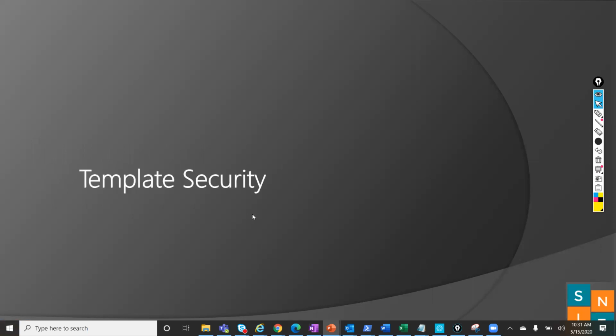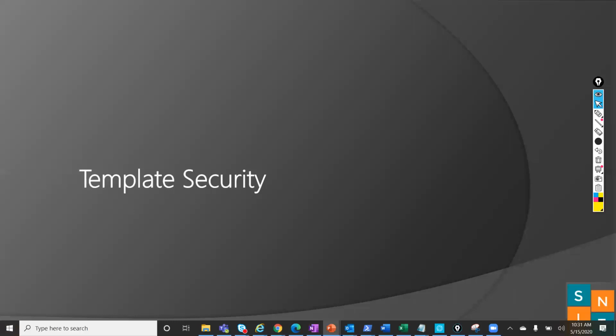And now, template security. We discussed templates: how ARM templates work, how to deploy from GitHub, how to deploy from Azure, and how to author templates, in the sense of creating our own templates in Azure and deploying them, right? So we'll now discuss template security. How can we secure the templates?